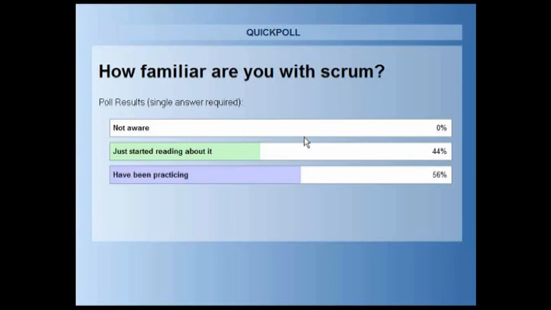They just started reading about Scrum, and there is a second part, say 55% or 56% of the audience who have been practicing Scrum. So I think we will get good feedback from the people who are already practicing, because they can tell how it is helping them or where they find issues related to the implementation.